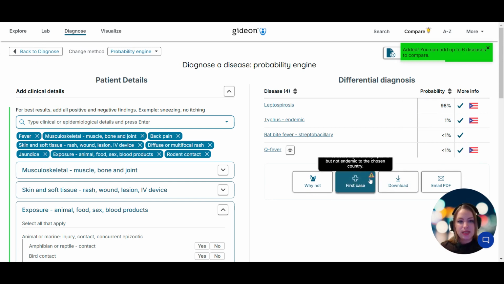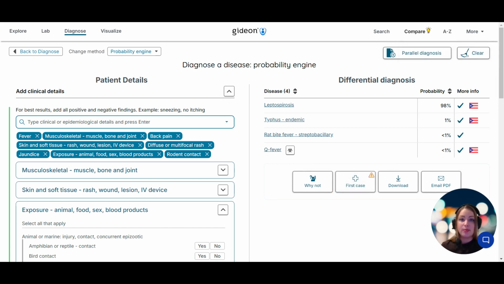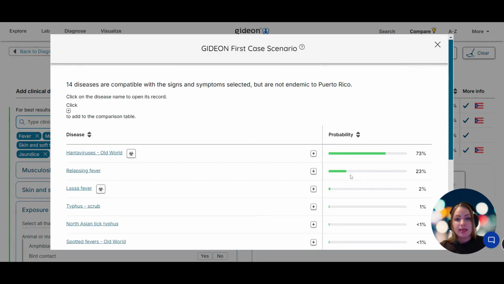But we can see this first case scenario is blinking. Now what's that? This is a feature that GIDEON designed by the request of WHO, that's World Health Organization. And this helps identify diseases that are not endemic to that particular country, but could be the very first case of that disease. Otherwise, it could be a spillover event, an imported disease, or anything of that sort. And in this case, we can see that hantaviruses is actually quite likely. And who knows, maybe somebody brought infected rodents into the country. So let me add another 2 diseases to the comparison table,